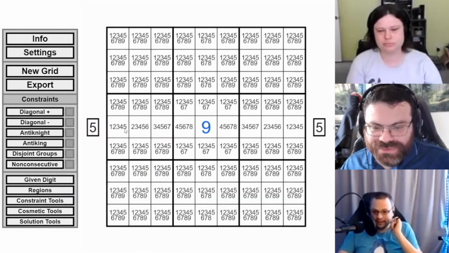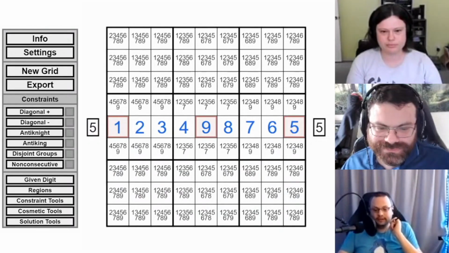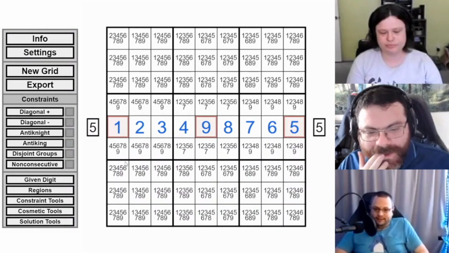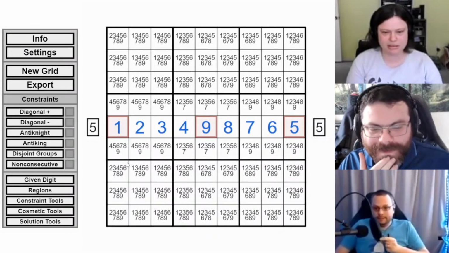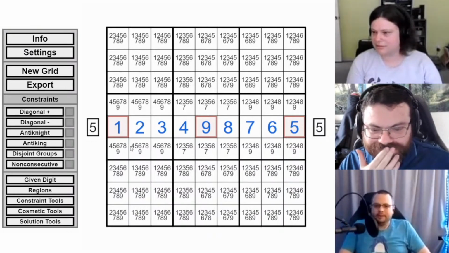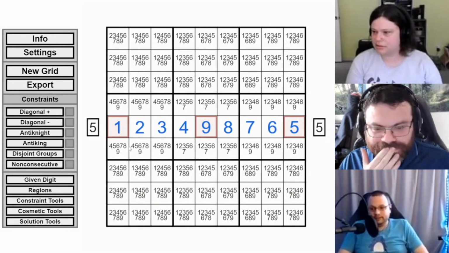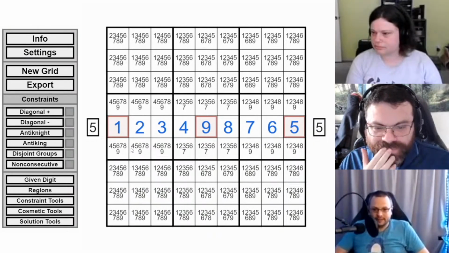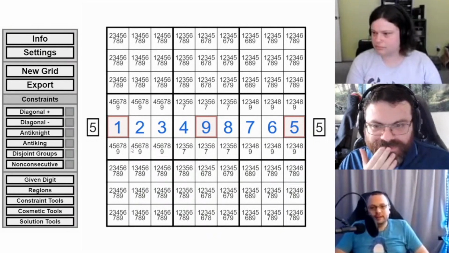I'm not sure. So you wanna 159 it? At least the row, of course. It forces the entire row. Yeah, there's not really any other way to do that. That's what I was thinking was going to happen, but I was not sure. But that's a pretty interesting break-in for such a thing.